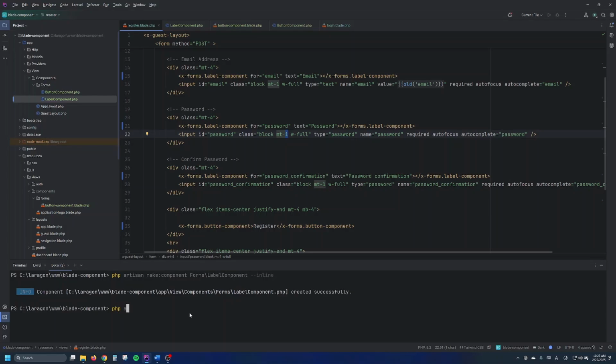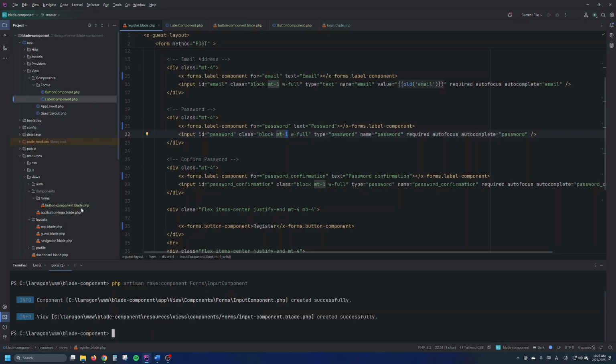So we do that by php artisan make component. We'll do it under the forms again, just for consistency. Input component once again. As long as you keep the same naming convention, it's very easy. But if you start doing input and input component, you confuse things a bit. So make sure whatever naming convention you choose, you use the same one across your application. So we've got our input component,